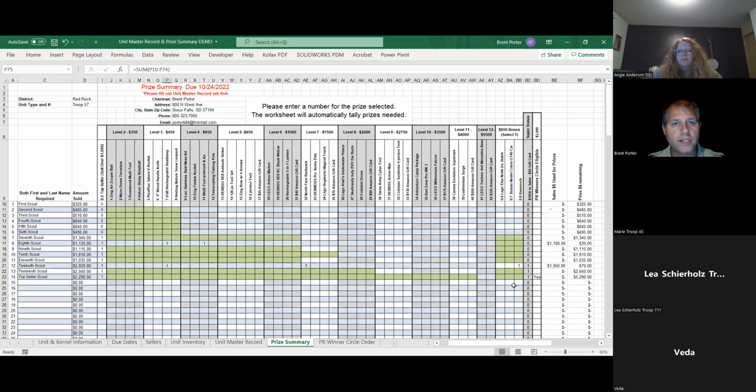We really hope that this helps. We've had scouts in the past that sold $2,000, but they wanted the thing that was an $850, and then they didn't pick any other prizes. So we had to reach out to them and say, hey, quick, pick another prize. What do you want? And then that just takes time. We're really hoping that this clears up any of that confusion. If there's a green cell available, you can pick from that category, from that area.